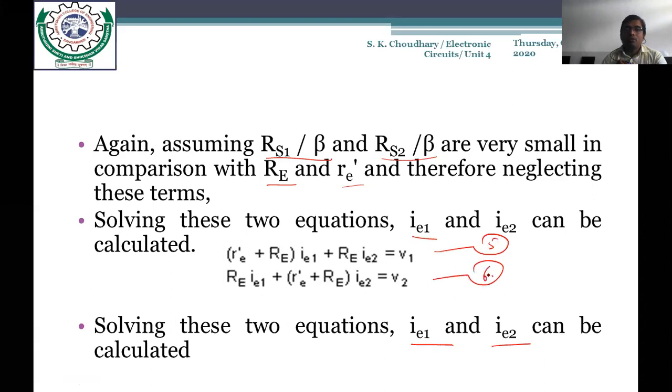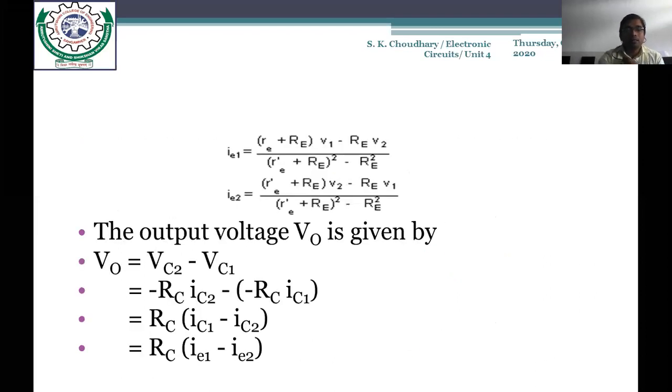IE2. How would we solve? Two unknowns, two equations. We have to apply the differential equation terminology, and we would find that the IE1 equation would be now. I am not going into the mathematical answer. This is not the concern of this subject, but you have to be familiar with the mathematics. You have to find out by your own. If anyone finds it difficult, you can ask me personally. But I hope you would find out this equation.